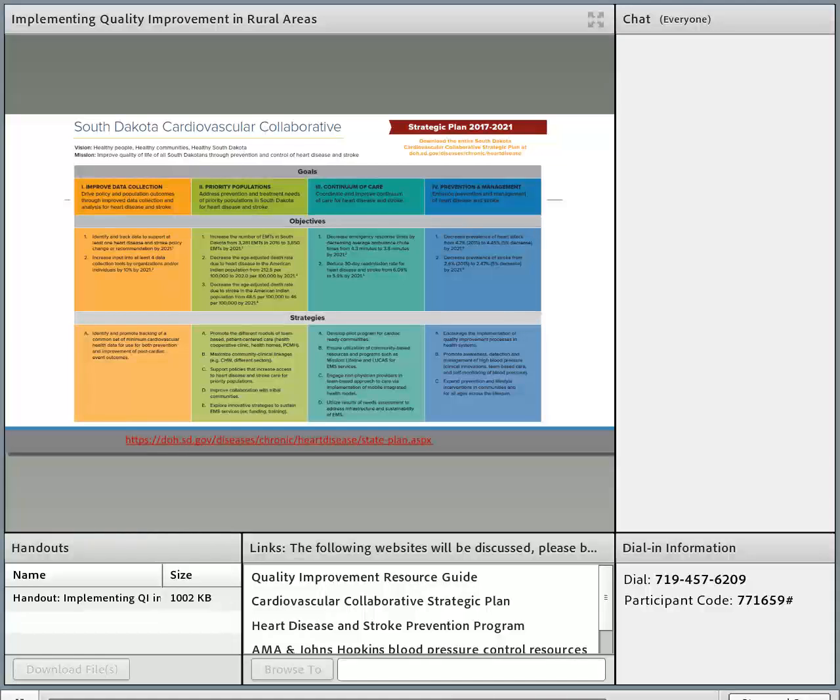So based on the survey results, the work group decided to compile a list of resources already available related to quality improvement and house them in an easily accessible place on the Department of Health website. After completing that, the work group decided to expand this resource guide into a toolkit, which will include further information related to the QI process, as well as case studies and additional helpful materials.